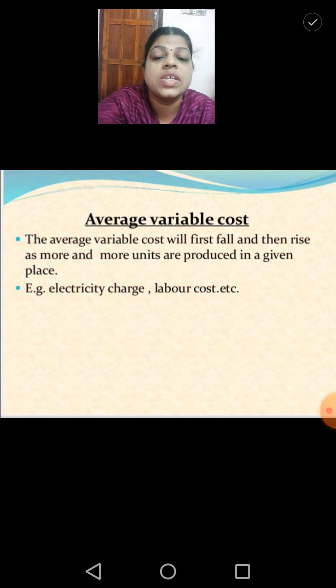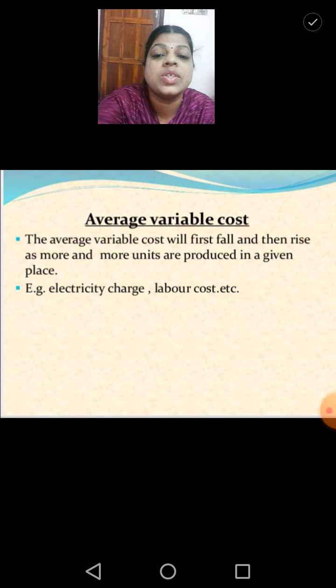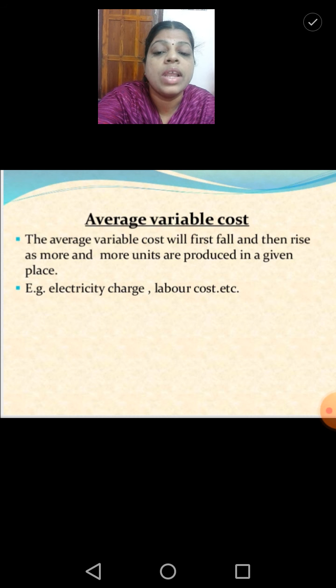Next is average variable cost. The average variable cost will first fall and then rise as more and more units are produced in a given plant. Why? Because as the production process increases, we will employ more and more units of labor.